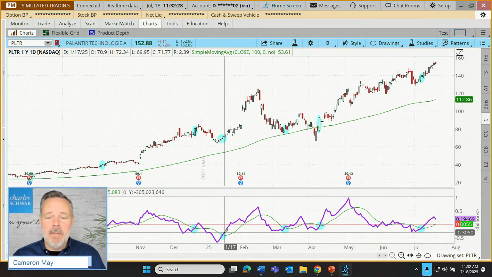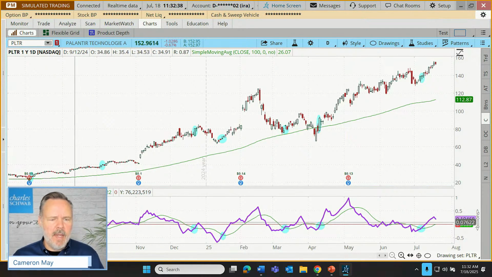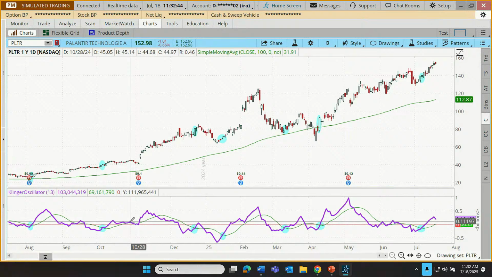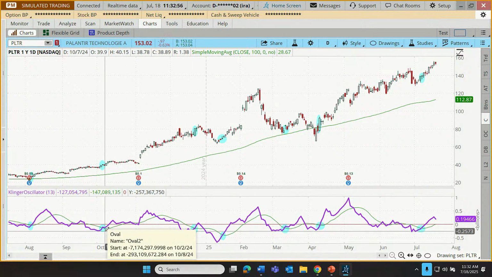Now, there are other crossovers that I didn't highlight. Did you notice that? What about this crossover right here? What about this crossover right here? Purple went above the green. For some traders, that might be actionable. For others, they may steer clear of that one. And that's because these crossovers happened above the zero line, whereas these other ones happened below the zero line.